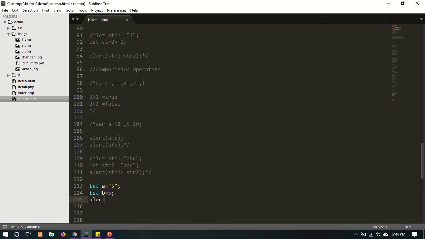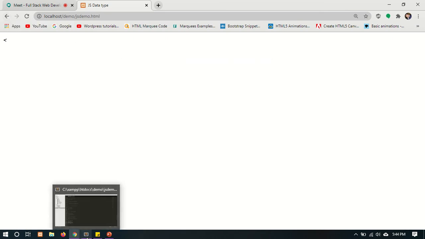Alert, a is greater than b, it will return false because the ASCII value of the character 5 is greater than the numeric 5.